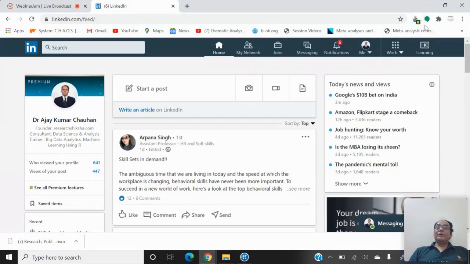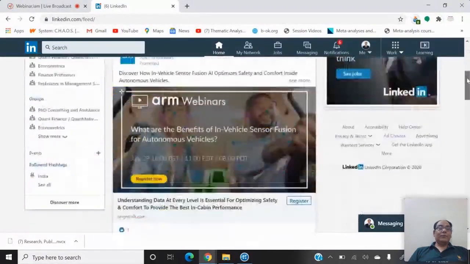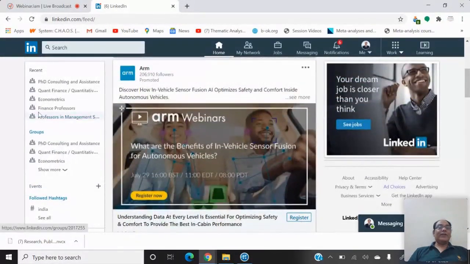I click on this icon. So I want to download this page. You can download any page, right? For example, you can have different pages like finance professors, econometrics, quant finance, consulting professors.